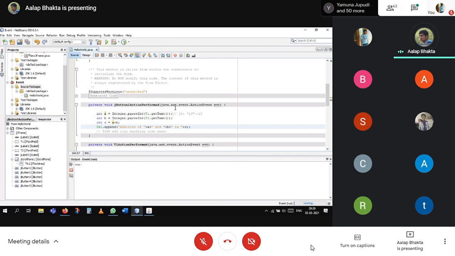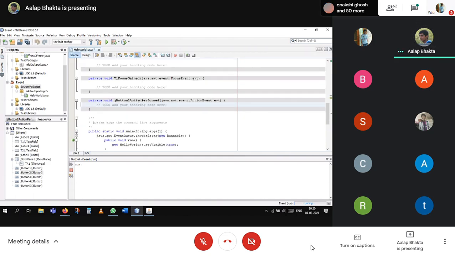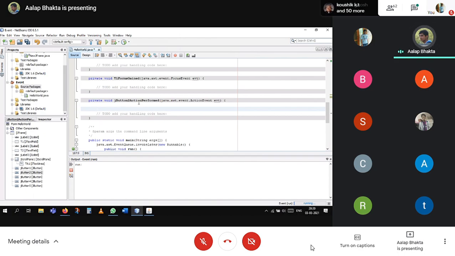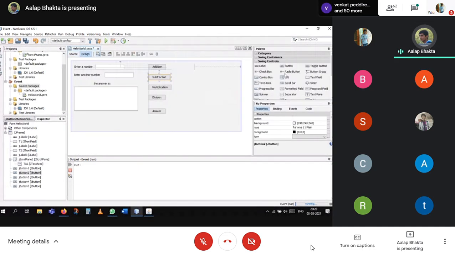Got it? So the same thing works for everything. I double click the subtraction button, and a new actionPerformed method is created. In the NetBeans IDE GUI, the main advantage of creating this complex design is that you just need to drag and drop.